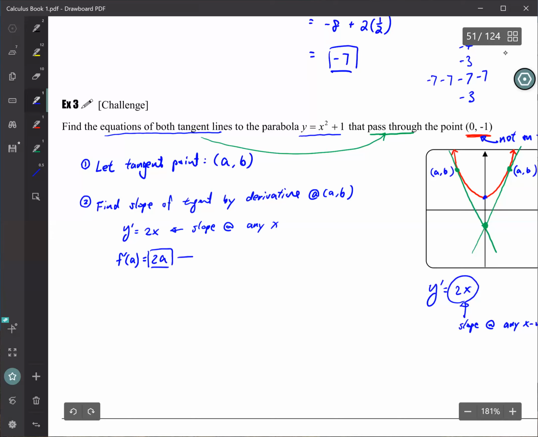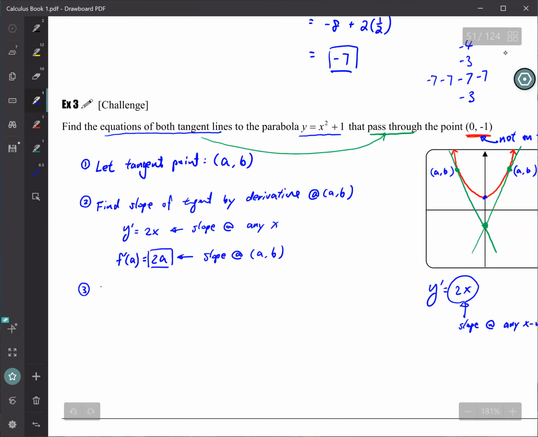So this is the slope at AB. Any questions so far? Okay, so far you don't know the value yet. All you know is an expression. Okay. Right, now question 3, we're gonna borrow something you learned in grade 10 when you learned about finding slope,